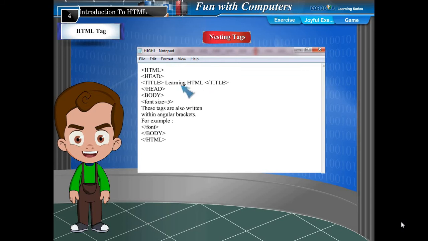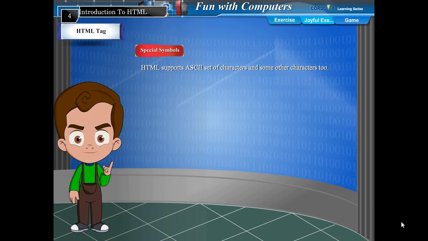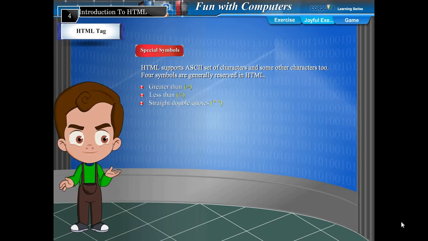For example, <head>, <title>, learning HTML, </title>, </head>. Special symbols. HTML supports the ASCII set of characters and some other characters too. 4 symbols are generally reserved in HTML: greater than, less than, straight double quotes, and ampersand.